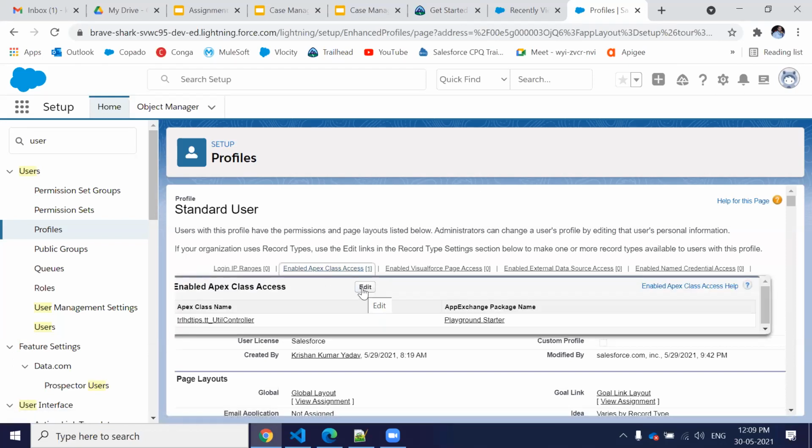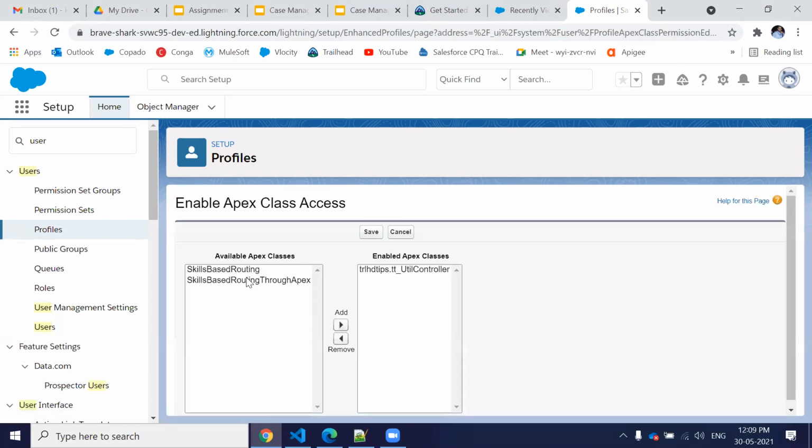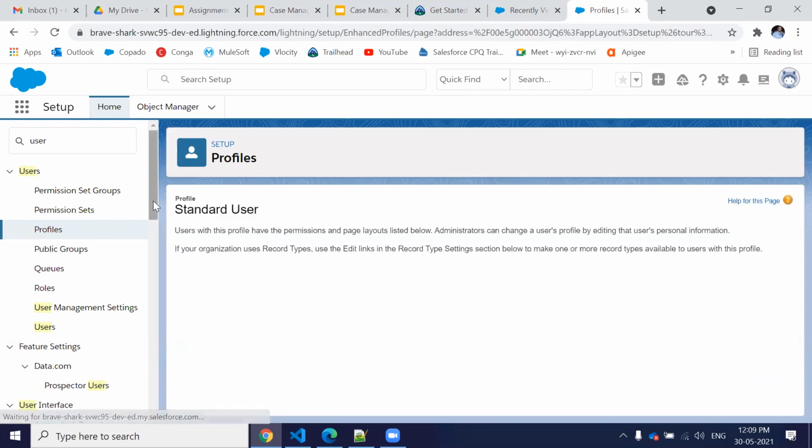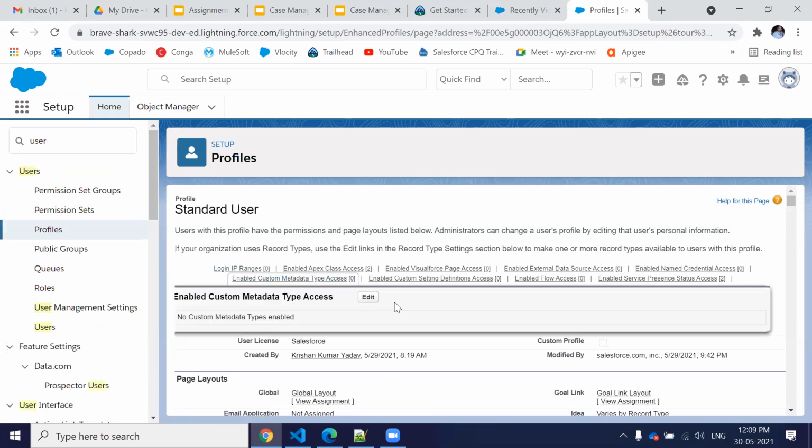Also, we have to provide the access to that user. And then this thing is done.